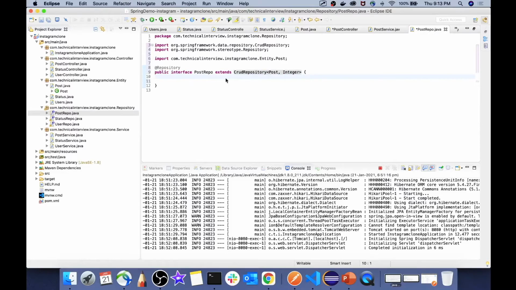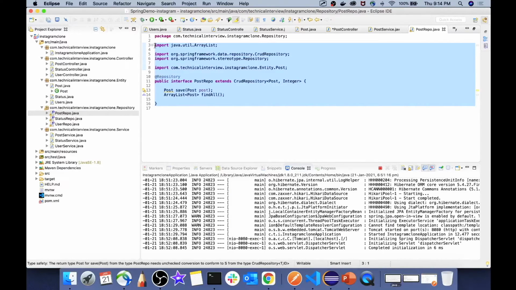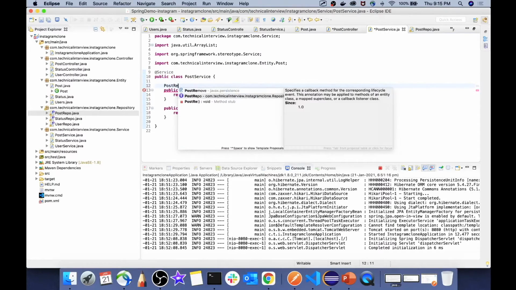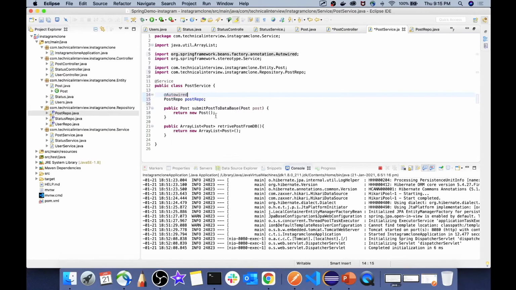So let's write the repository function for implementing the retrieve and the save operation over here. So over here we are done with the actual logic within the post repo. Now let's call this function from our service class. So over here first we will create an object of the repo class and we will call the respective functions. And thus we have again completed the entire flow from creating the controller to service class and creating the corresponding repo for our post service.